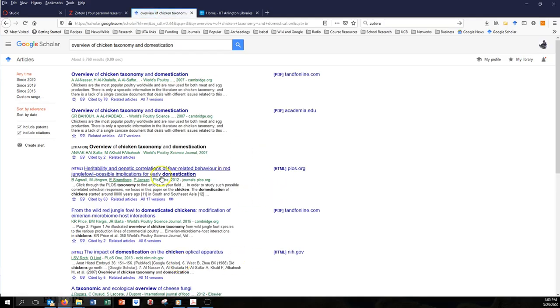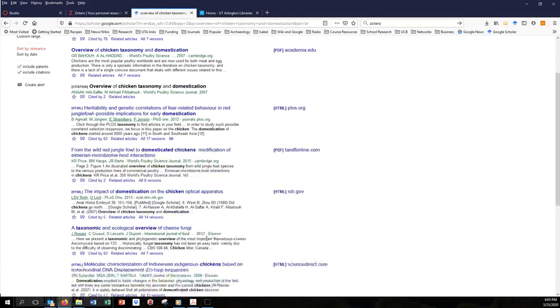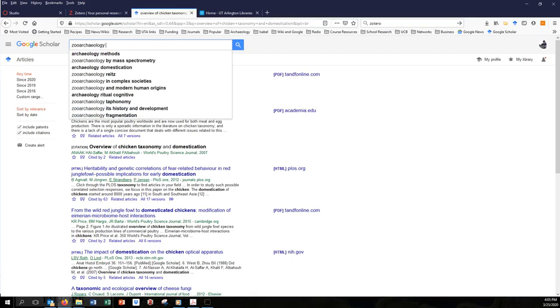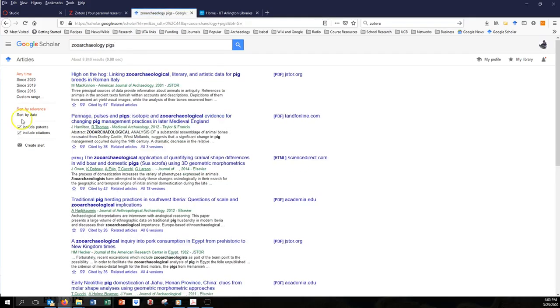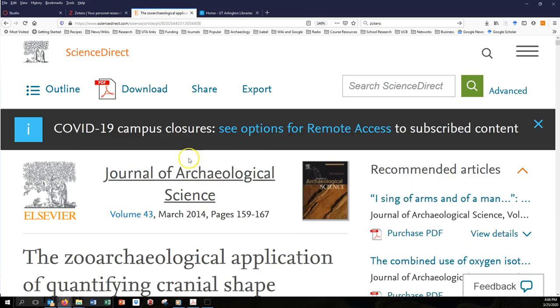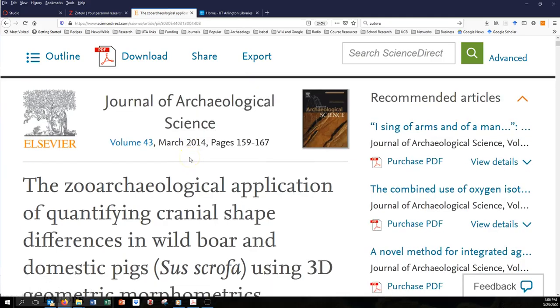Let's see. So for example, let me just do something a little more. These are a lot of PDFs. Let's do zooarchaeology. Pigs, why not? Okay. All right, so here's zooarchaeological applications quantifying the cranial shape differences in boar and domestic pigs. Cool. This is Elsevier, and if you click right on the article itself,